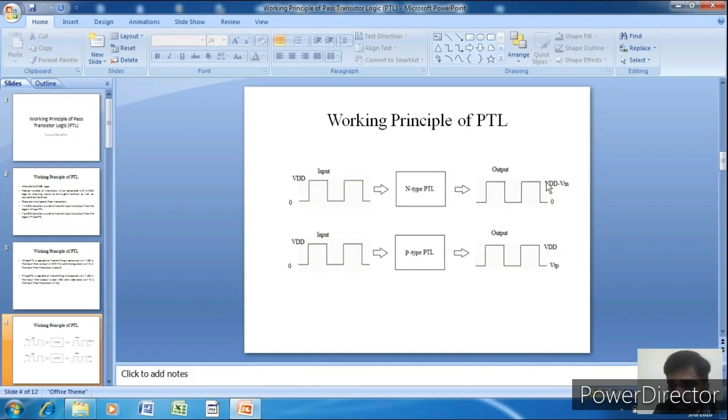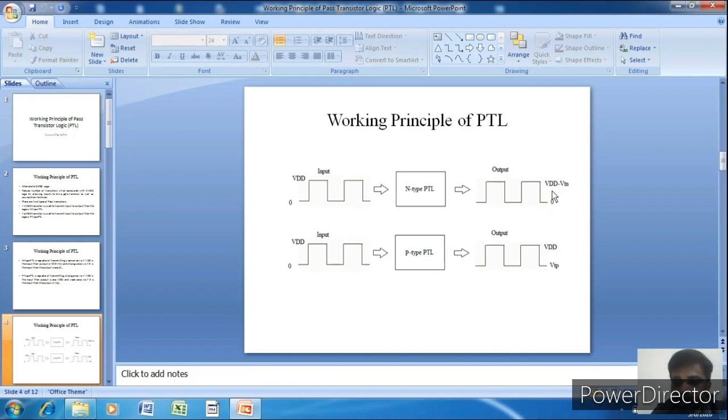It is only VDD minus VTN. So our output voltage swing reduces. The 0 to VDD input reduces to 0 to VDD minus VTN. That is, if our VDD is 5 and VTN is 0.7, then a 0 to 5 volt input is reduced to